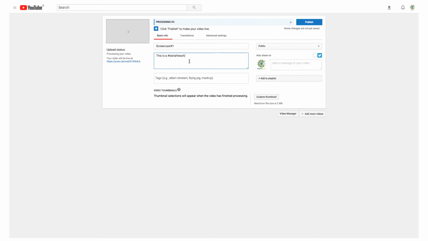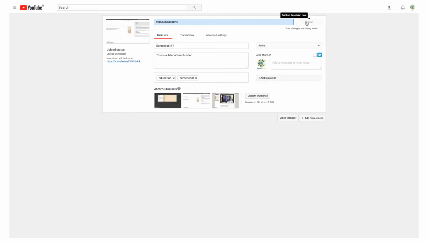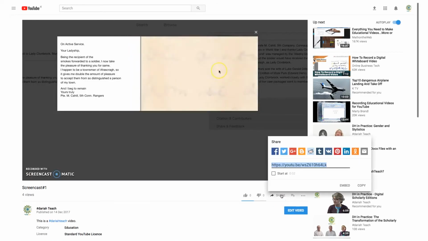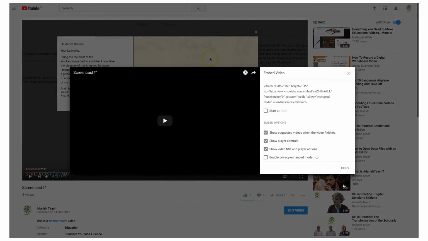and metadata tags. Make sure that your viewer settings are on public and you add your video to your course playlist. Once your video has been uploaded and your content is saved, then you can add your video to the Dariah Teach platform. Under your YouTube video player window, you can go to Share, then Embed, and copy the iframe